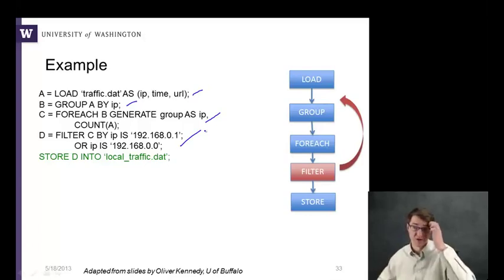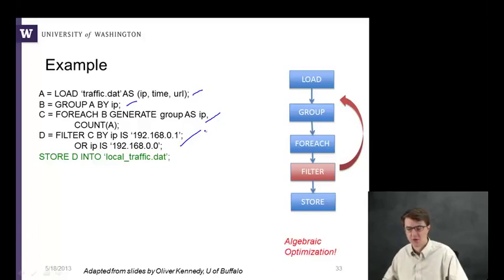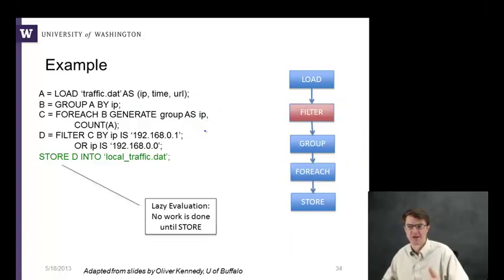And so one thing you could do is just rewrite this program, and in this case, that's probably reasonable. You could probably notice that this was going on and rewrite it yourself manually. But in a more complicated program, you may or may not. And this is not the only example of an optimization that can be done. Okay. And so what Pig will do is actually move the filter automatically beforehand, before the group,